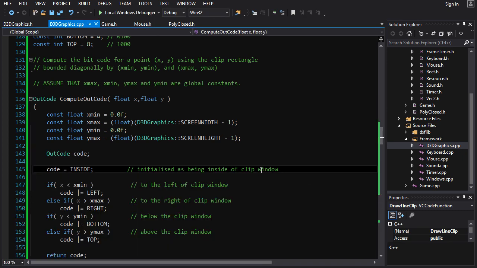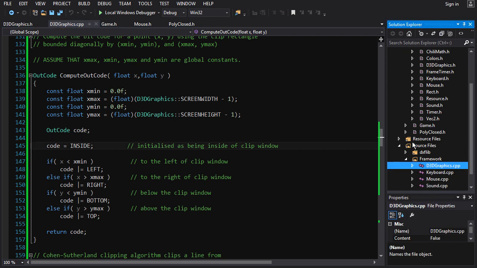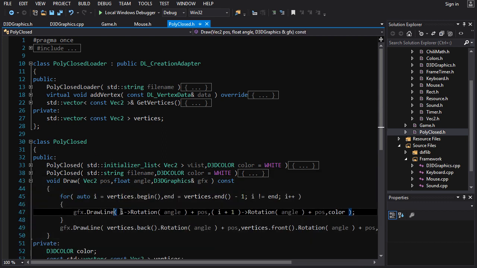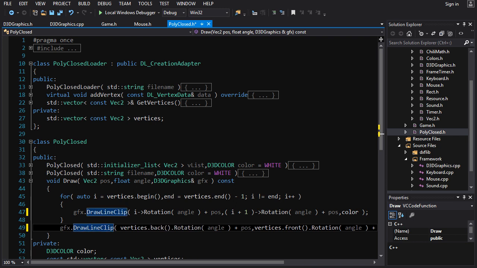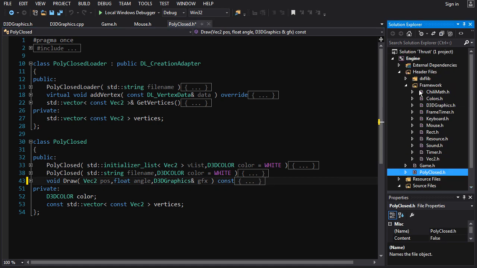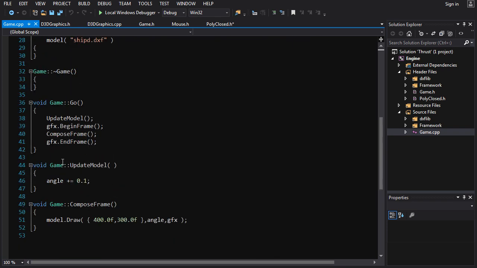Alright, so let's go to game. No, first let's go to polyclosed. Go to our draw function here, and we want to draw line clip. Clip. There we go. And what else? Let's go into game. Minimize our framework stuff. We'll go into game here, and we will